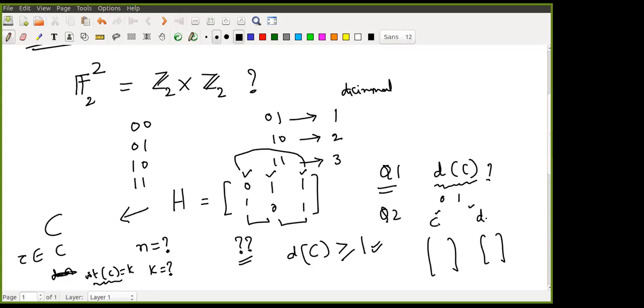So I asked this question: two non-zero binary vectors are linearly dependent, right? They are equal. You just need to check equal or not. 0, 1 is not equal to 1, 0, so directly you can say that they are linearly independent. Sorry, 0, 1 is not 1, 1. Independent. No need to check anything. 1, 0, 1, 1. Yeah, independent. So any two of them are independent now, right? So from that, what I can say is the distance of the code is greater than or equal to 2.